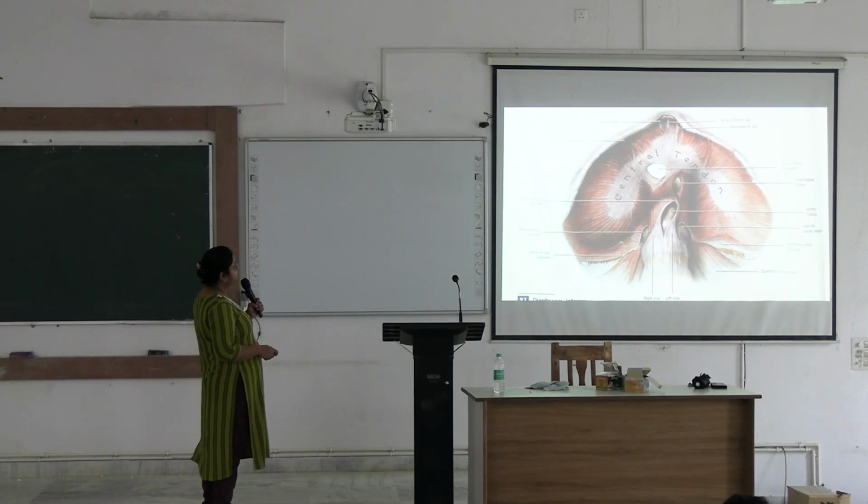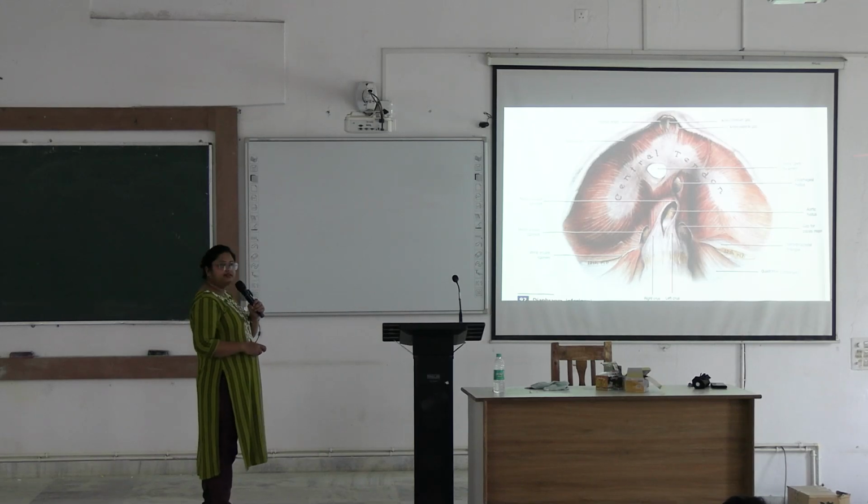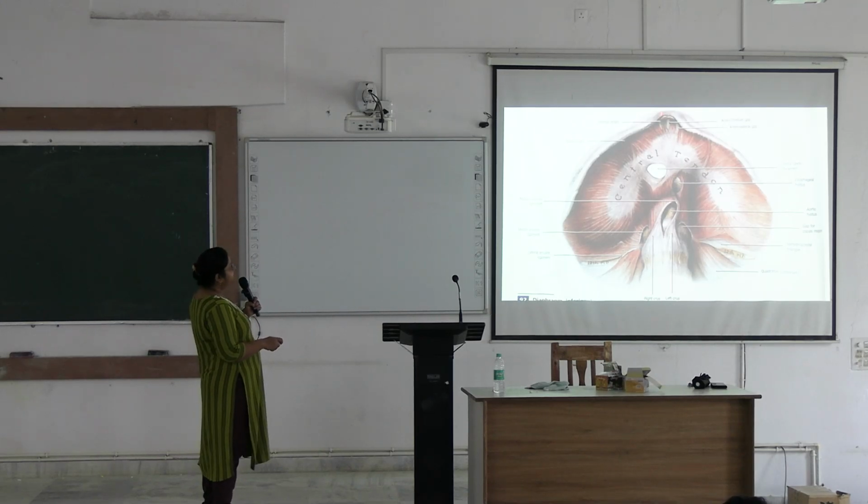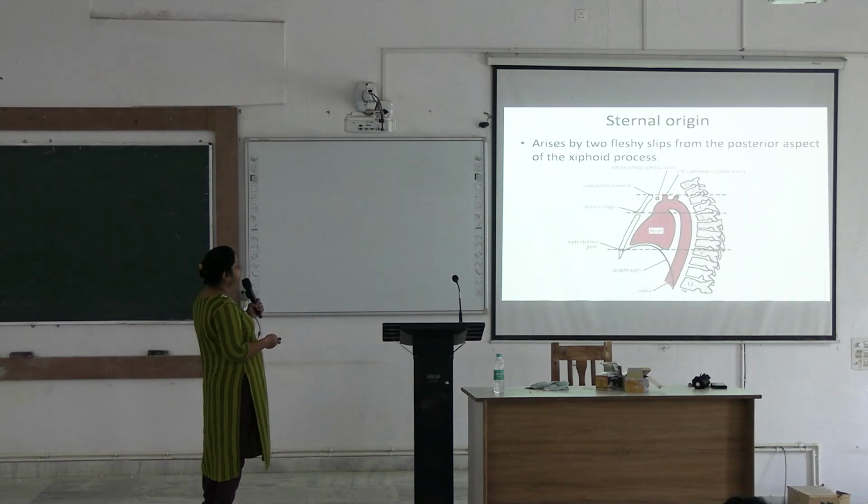Here also you can see median arcuate ligament, aortic opening. This is the medial arcuate ligament. Here is the lateral arcuate ligament. These are the openings: vena cava opening, esophageal opening, central tendon. These are the muscles directed towards the central tendon from the periphery. And here is the sternum, sternal origin anteriorly, and here is a gap. This is known as the space of Larrey. This gap you can see, this is the space of Larrey.